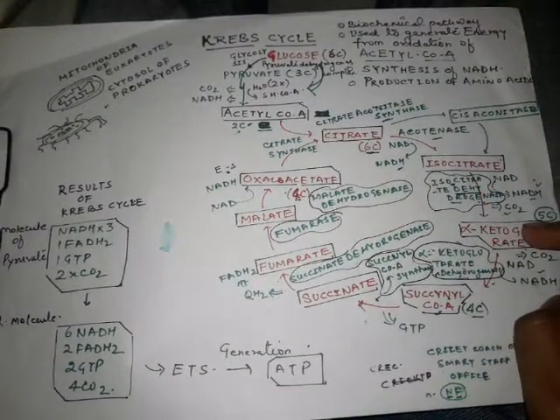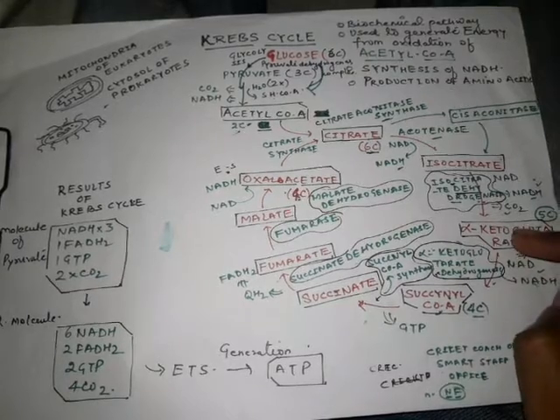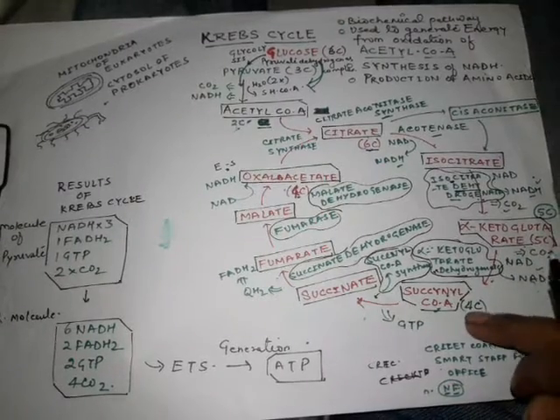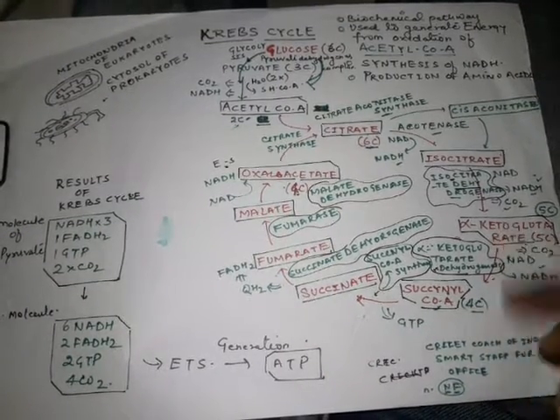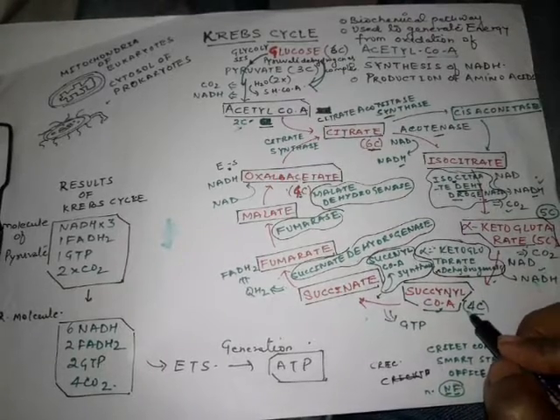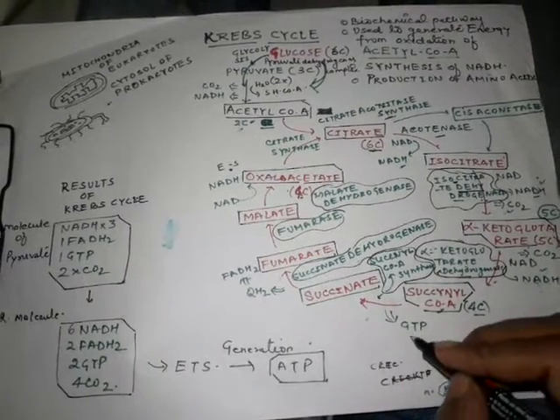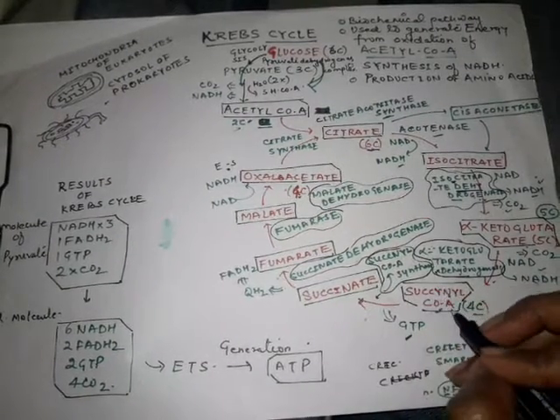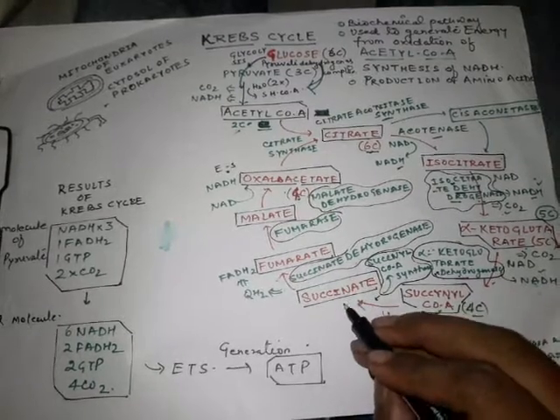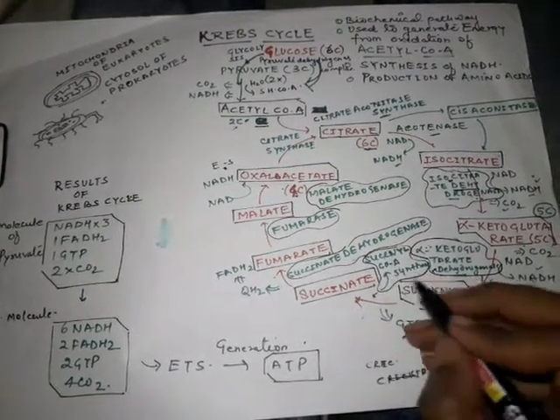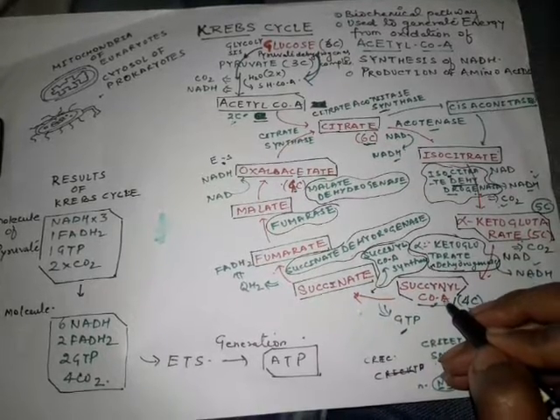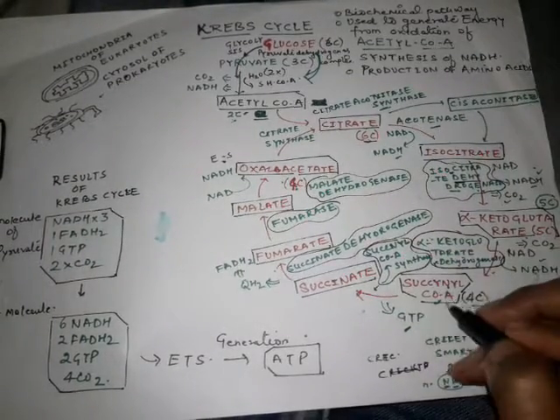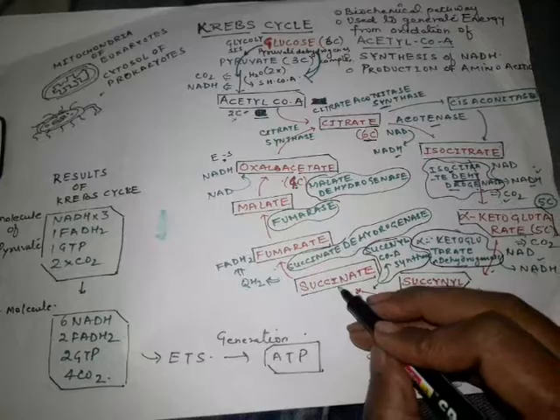Further, this compound is degraded, meaning converted to 4 carbon. It is a simpler molecule as compared to this. Okay, the molecular weight of this compound will be less as compared to this. This succinyl coenzyme A is converted to succinate. In this step GTP will be released. Since succinyl coenzyme A is converted to succinate, an enzyme is involved. Succinyl coenzyme A is the substrate, and depending on this substrate name, the enzyme is succinyl coenzyme A synthase, because a new molecule, succinate, is formed here.